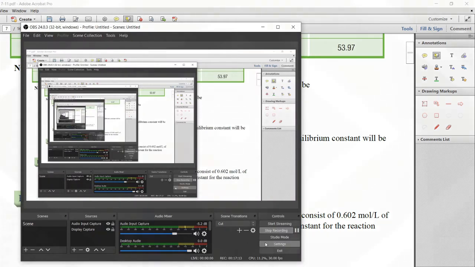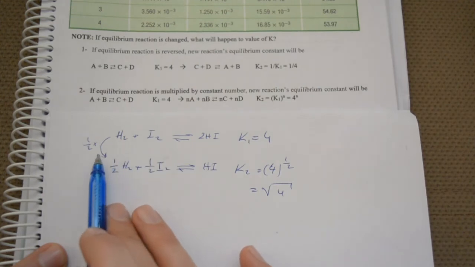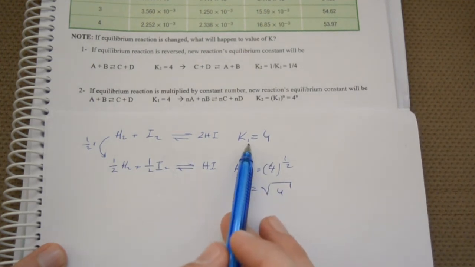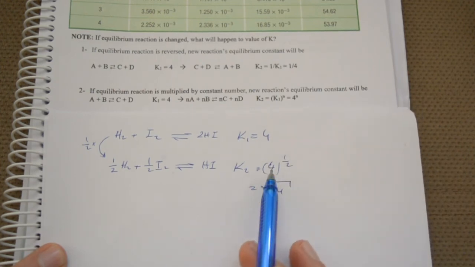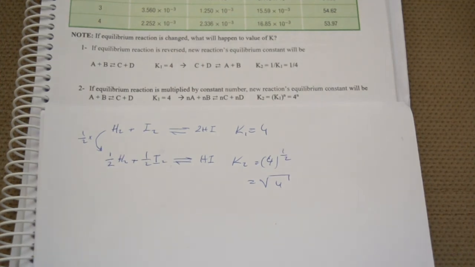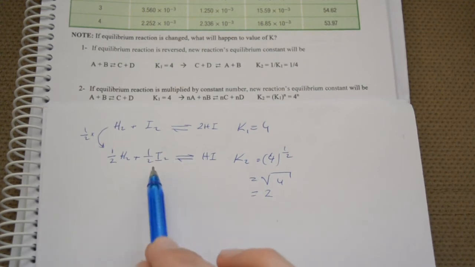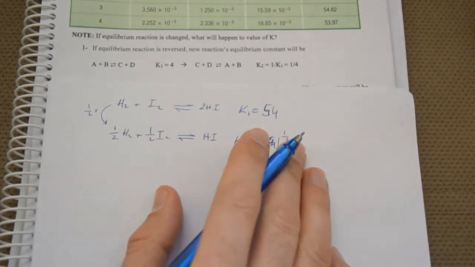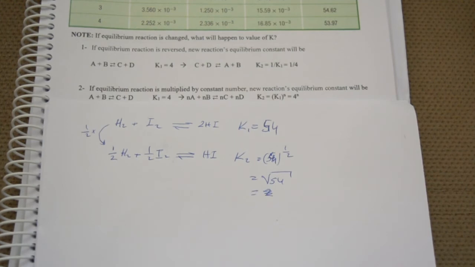For example, now if you look at here, for the second note that we talked about, if for this reaction, hydrogen and iodine becomes 2HI, K is equal to 54. But if I multiply this reaction by 1 over 2, so the whole reaction becomes 1 over 2 hydrogen, 1 over 2 iodine, and 1 hydrogen iodide. So K was 54. Since I have multiplied the reaction by 1 over 2, then K must be to the power of 1 over 2, which also means the square root. So the square root of 54 equals